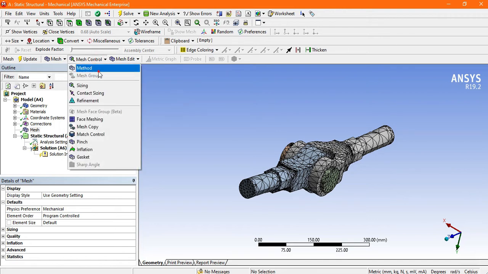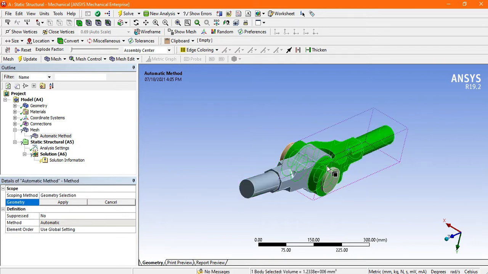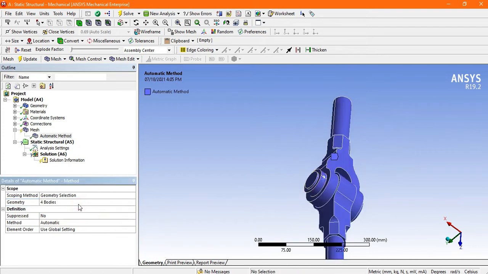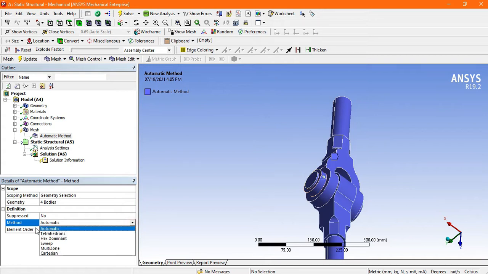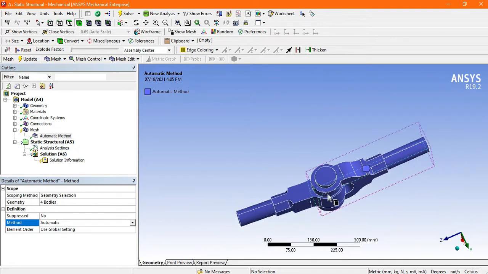First go to mesh control, and there is the option method. The method asks for selection of geometry. Click on the body; by pressing control you can select the total body. Now apply. Inside the method there is the option automatic. This method means what structure you want to be used for meshing.